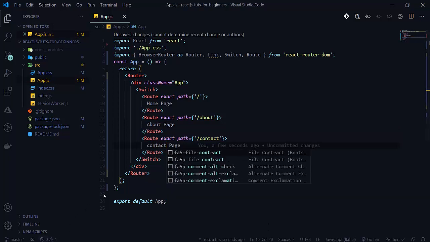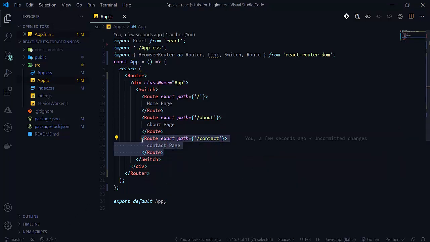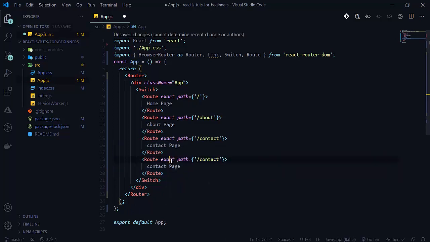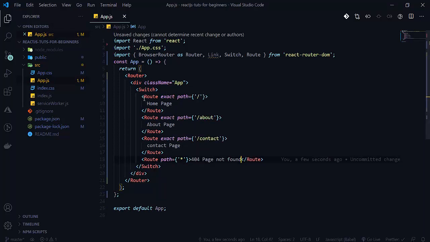And if you want to define others also, you can define like this. Simply define star here. Star means all. Then here write 404 page not found. Except these routes, if any route comes here, it will give us this 404 page not found here.